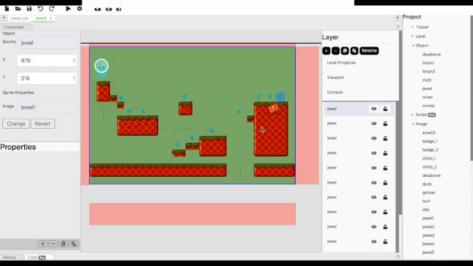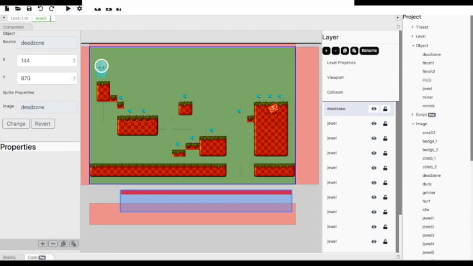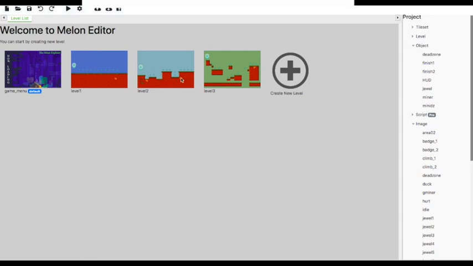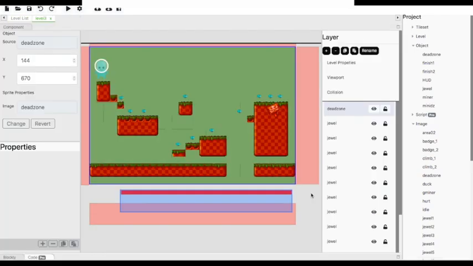After all done, drag the object to the level 3 pane, then place it here. And if it runs, the result will be